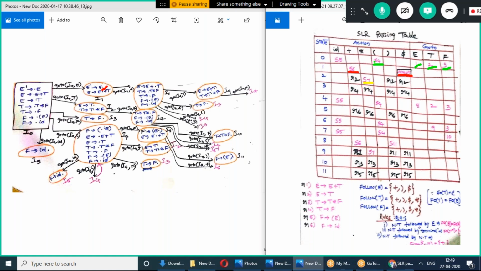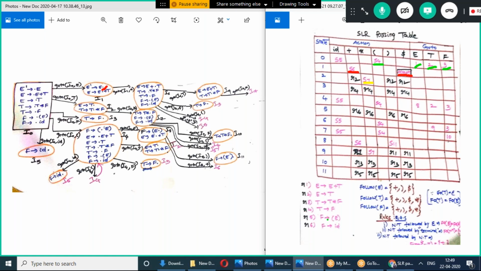You can observe in this table the entries written in black color are the reduce operations. How did we write these reduce operations? Let us check. First of all, let us write the given grammar like this: E tends to E plus T, E tends to T, T tends to T star F, T tends to F, F tends to open parenthesis E close parenthesis, F tends to ID.